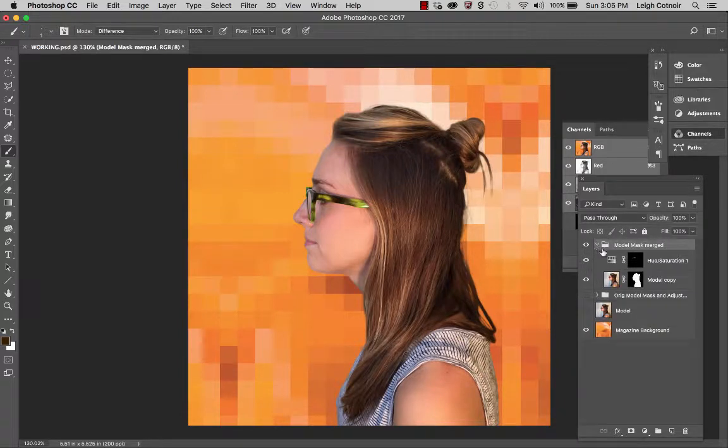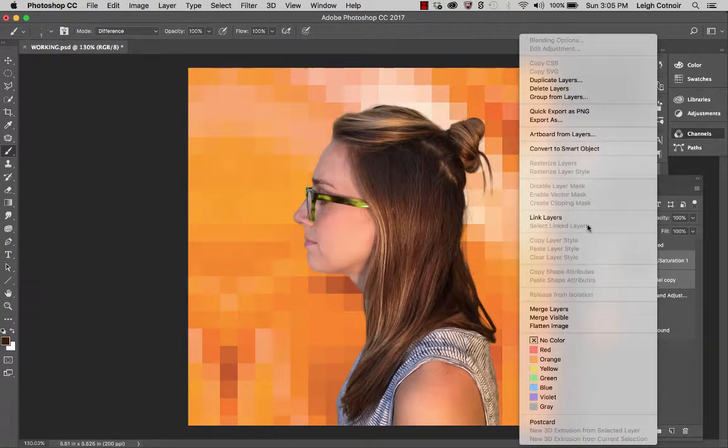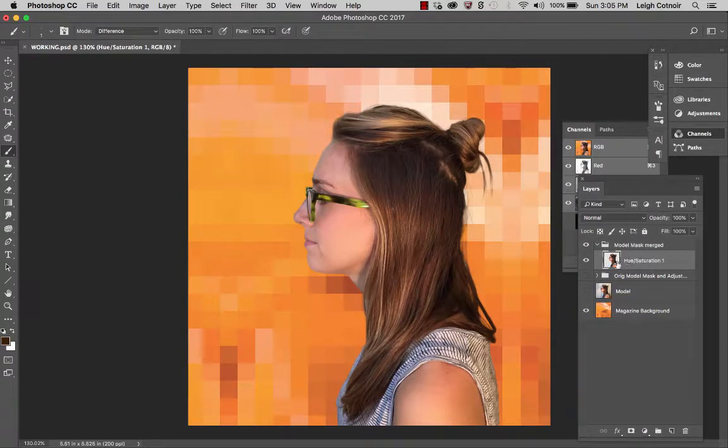So let's open this up, and I want to take these two layers and right click them. Oops, let's try that again. Sorry, I don't know what the problem is here. My right click's not working. There we go. And then I want to say merge layers, and it merges those two. And so now I actually have this figure